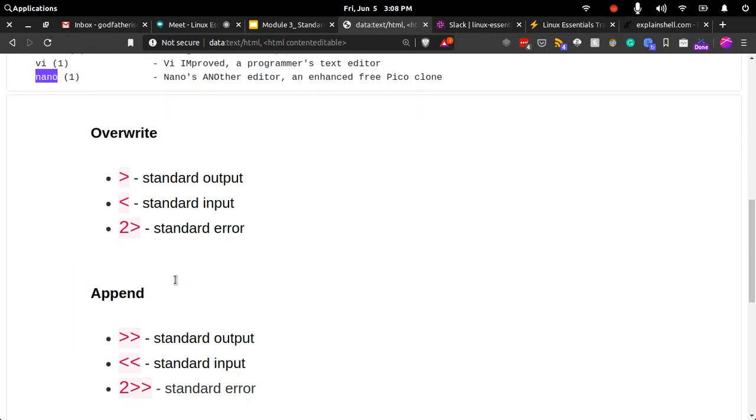Then we saw about stream redirection. In stream redirection, we saw a single arrow redirection and a double arrow redirection. The default behavior of the single arrow redirection is to overwrite. If you want to overwrite an existing file, you will use the right arrow. However, if you want to take input from a file, basically a standard input, you would use a left arrow. And if you want to redirect error, you would use this command, because 2 represents standard error, as we had seen in the file descriptors. 0 is for standard in, 1 is for standard out, and 2 is for standard error.